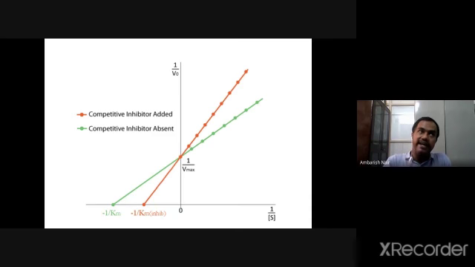Slope is K dash M by Vmax. I hope you remember, that's very important. In the normal reaction, we mention it as Km by Vmax, but here we are writing it as K dash M by Vmax. So in the